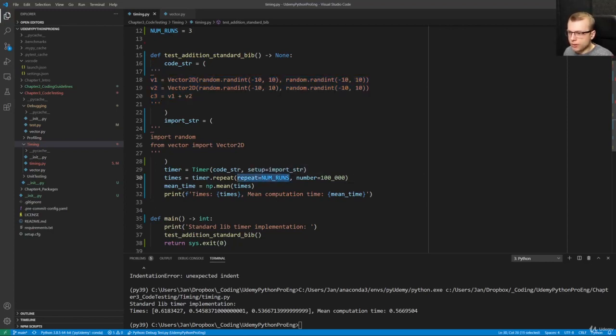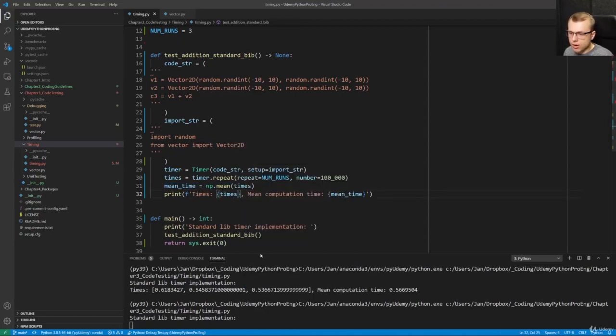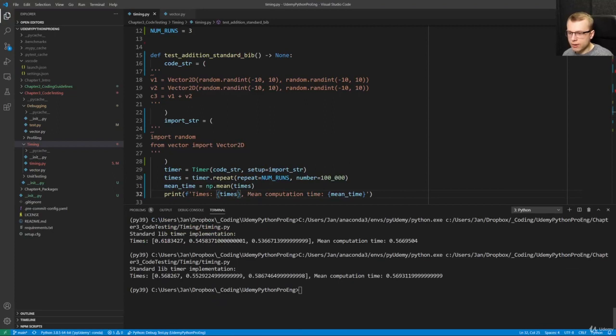So this repeat function, as I said before, would now return a list with num runs time durations, and I will print these, and I will print the mean computation time now to the console if I execute our program. So if I execute it right now, I would see, okay, 100,000 executions of this vector addition took, for example,